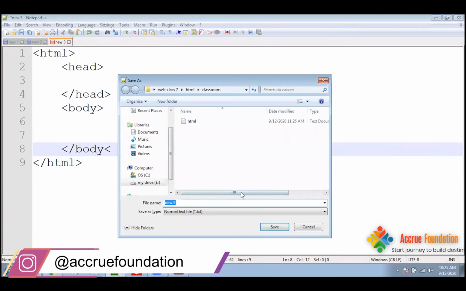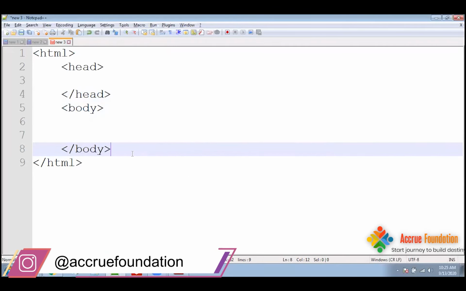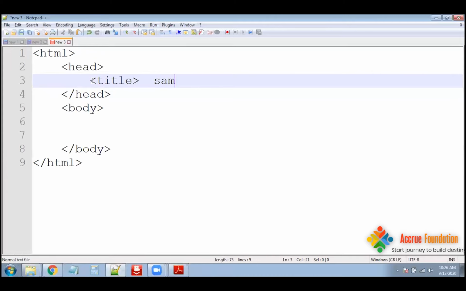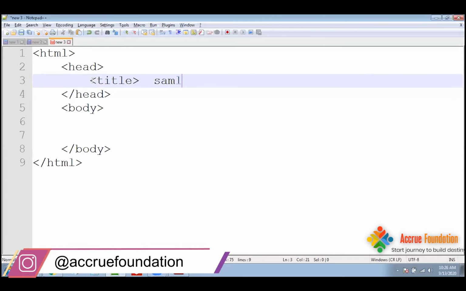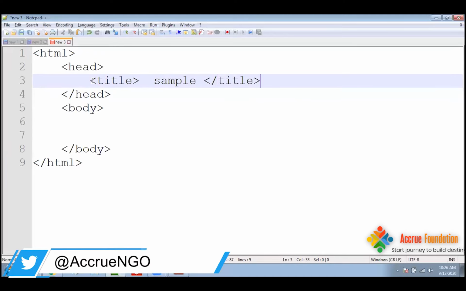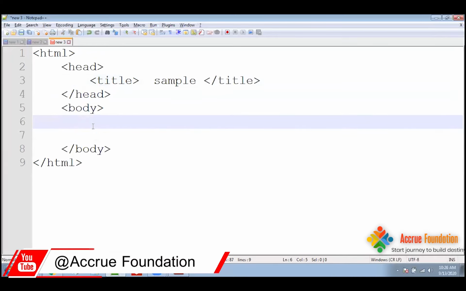So make sure you are ending with this backslash. Okay. So under the head tag will come, and the name of the tag is called title. Okay. So it is nothing but the description of your page. So here I'm using the sample, I'm just writing it, and I'm ending this title with the help of this backslash. Okay. And in this body, I am simply writing hello world.